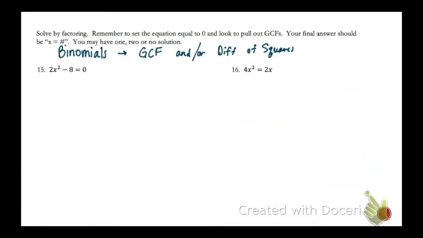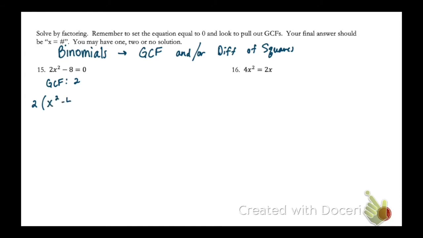For problems 15 and 16, I noticed that we have binomials here. So that means that our problems just have two terms. So we're going to look for a GCF, and then we may or may not have a difference of squares left. So for my first problem, my greatest common factor here is going to be 2. And then, so I'm going to pull a 2 out of both of my terms,